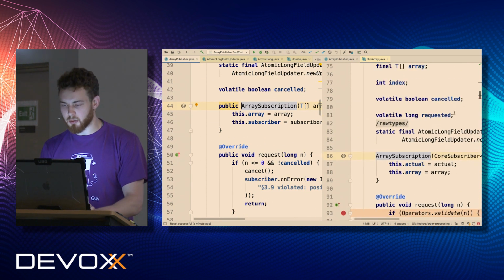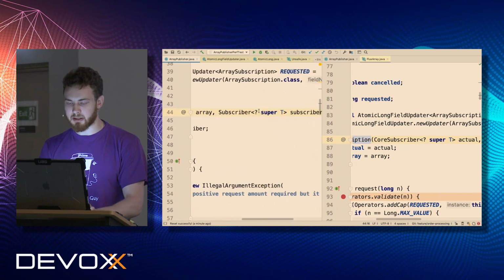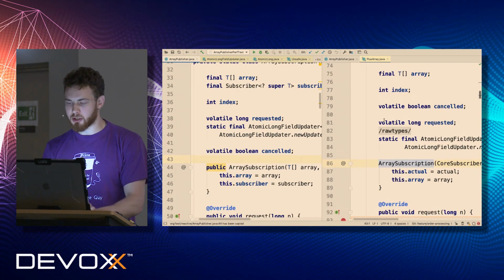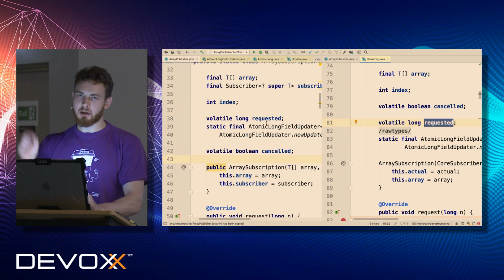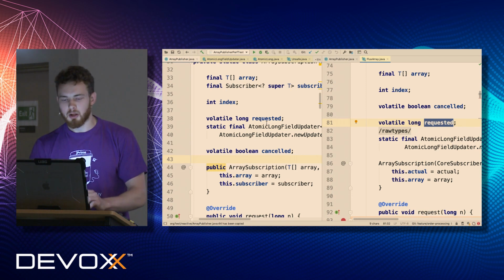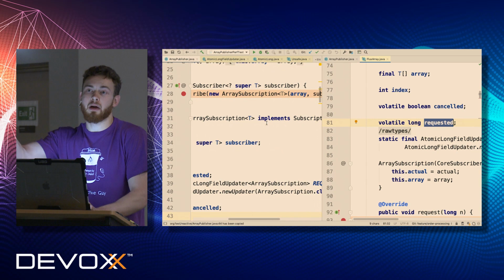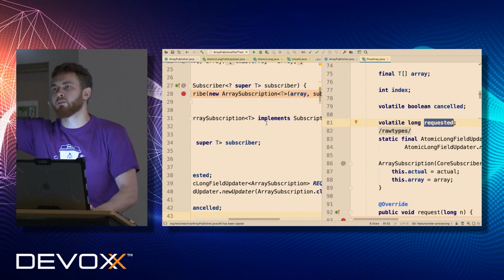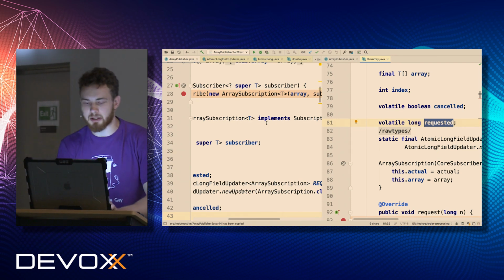Here we had our subscriber to which we had to send some elements. Here we have the same usage of volatile requested in order to avoid creation of additional objects. If you look at RxJava 2, you can see that it extends from AtomicLong. This is another way to decrease the number of objects. This is only because RxJava is built on top of Java 6, and in Java 6 there is no atomic long field updater so far.